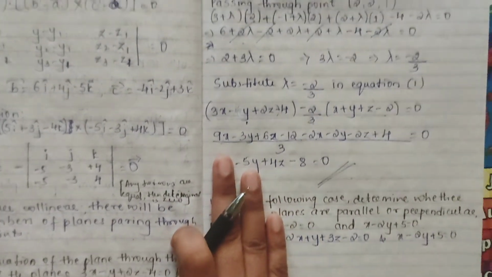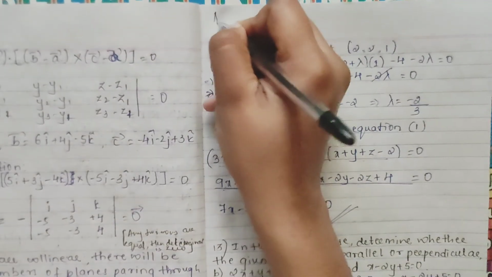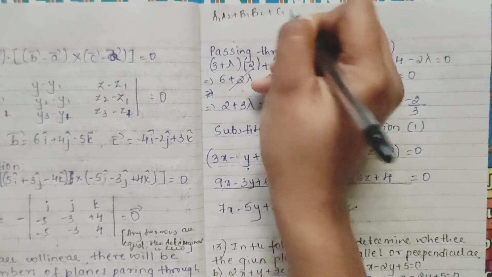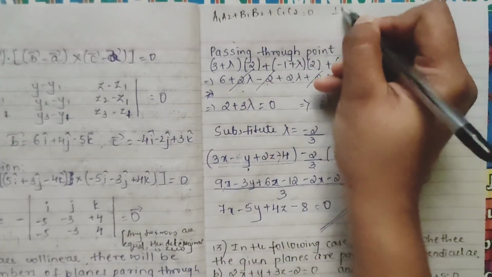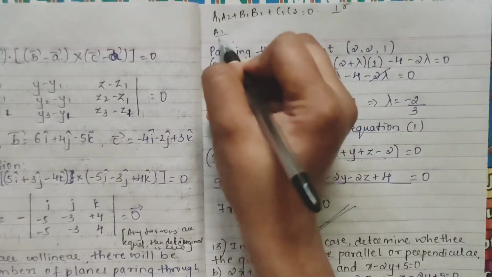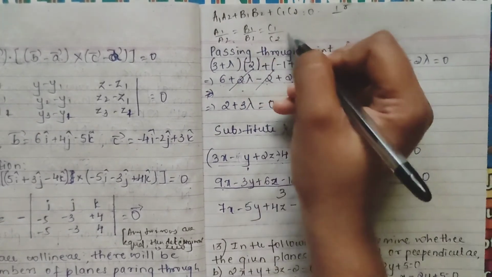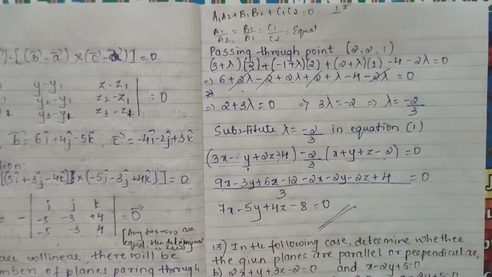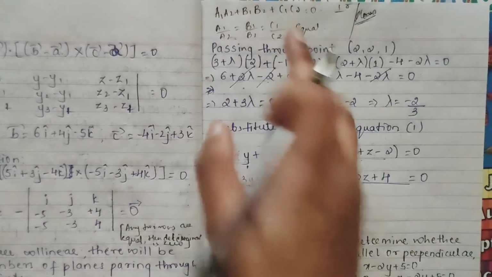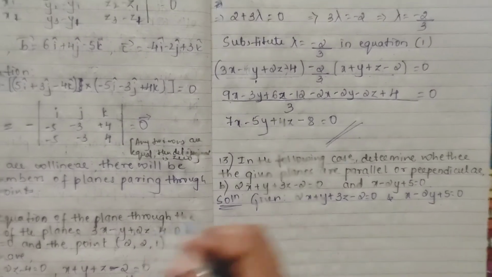So for that, as I have said, we have to check our direction ratios. If it is a plane, we take A1 A2 plus B1 B2 plus C1 C2, and it should be equal to 0 if it is perpendicular. And parallel means we check proportionality, that is A1 by A2 should be equal to B1 by B2 equal to C1 by C2. This should hold in terms of your planes, right? In terms of a plane, we take A1, A2, B1, B2, so we will write down our direction ratios.